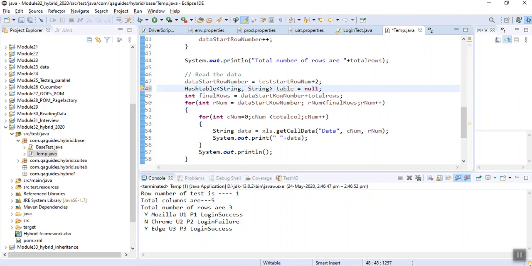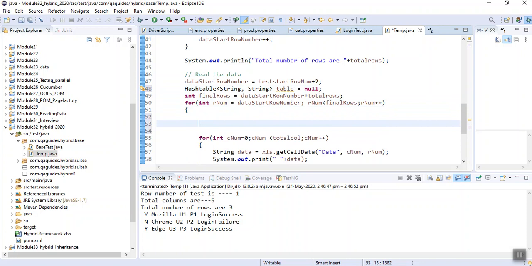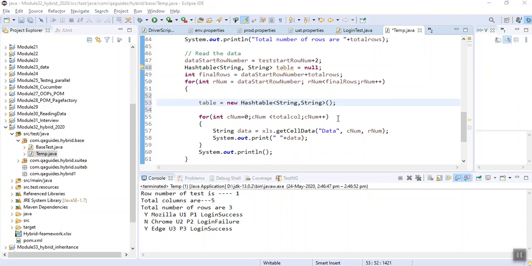Now for every row we need a hash table, so where we initialize the row, I initialize the hash table: table is equal to new Hashtable of String, String. So now every row will have a hash table, and in this for loop you can put the data in the hash table.